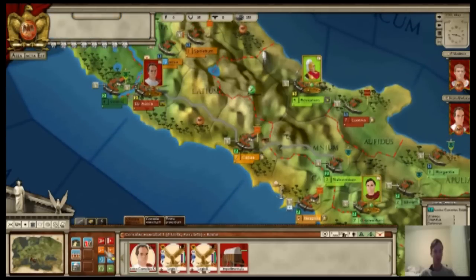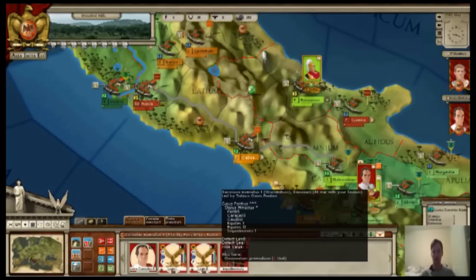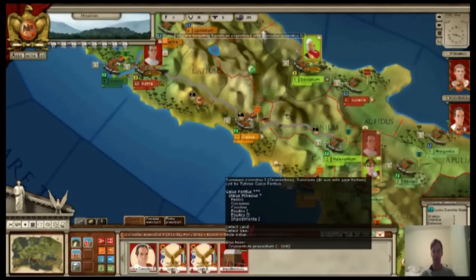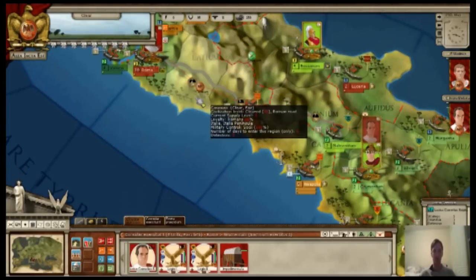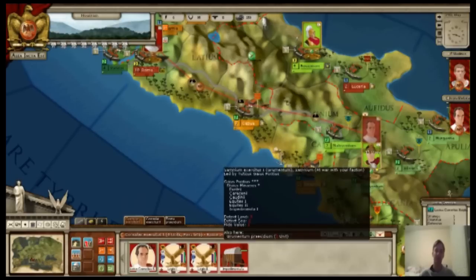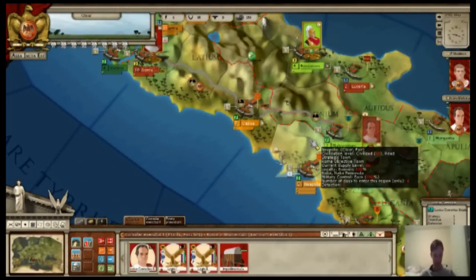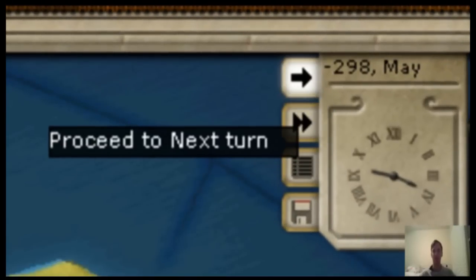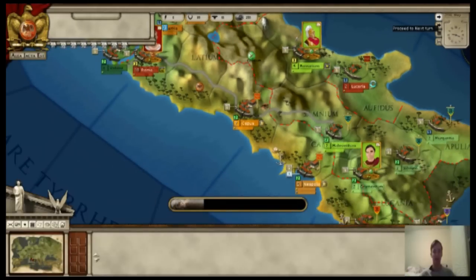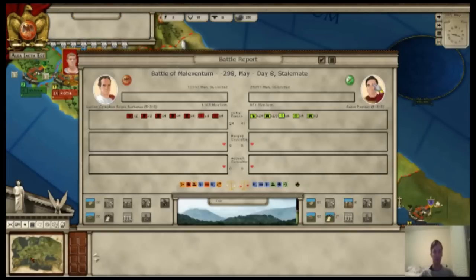Alright, let's move into armies. I'm going to drag this force and drop it on top of an enemy army here, and basically our army will then go down toward this army and attempt to engage them. Birth of Rome, like the other HUD games, is a turn-based game, so I'm going to click on this button here, proceed to next turn, and then the turn is processed with my orders as well as the AI orders. Okay. So we have a battle and